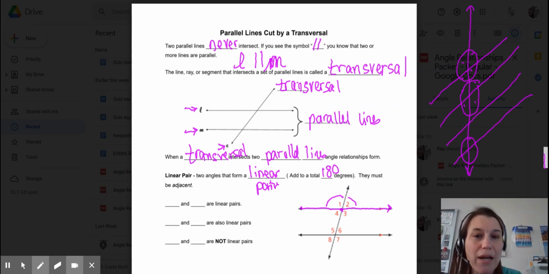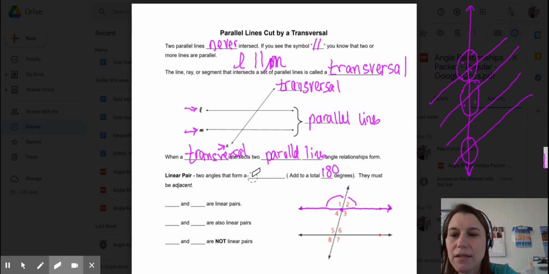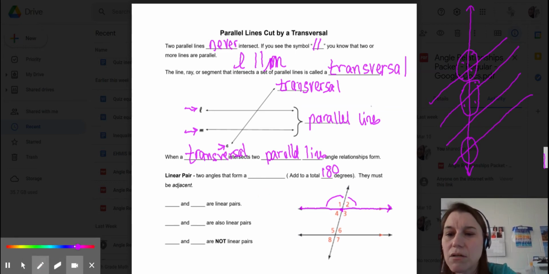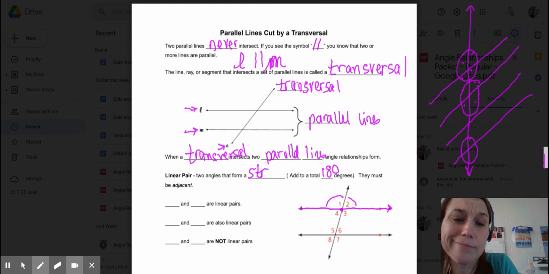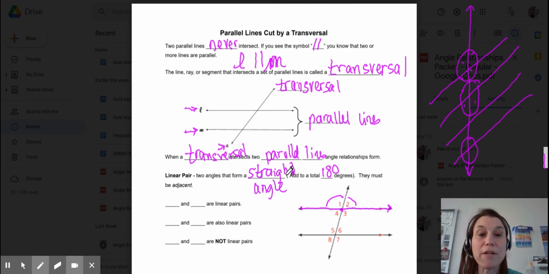Oh, so you're right. That's not the right words there, is it? I think I have that in the answer key wrong. Now that I look at it, I think this should say straight angle. Oh, that makes more sense. Sometimes when there's blanks, you're like, what goes in that blank? That makes more sense. So two angles that form a straight angle and they add up to 180 degrees,